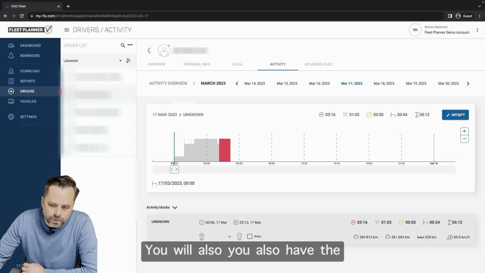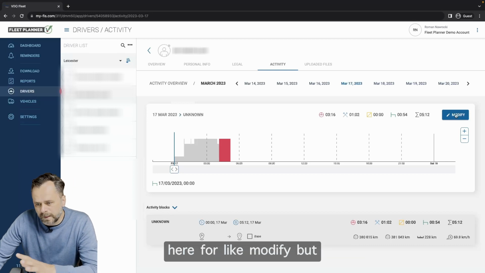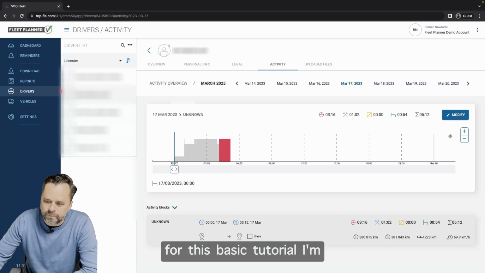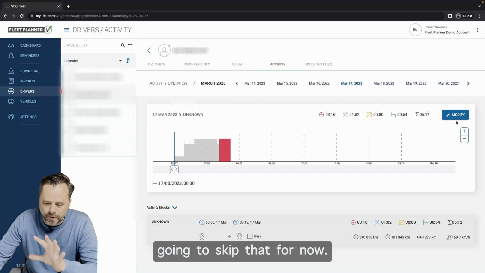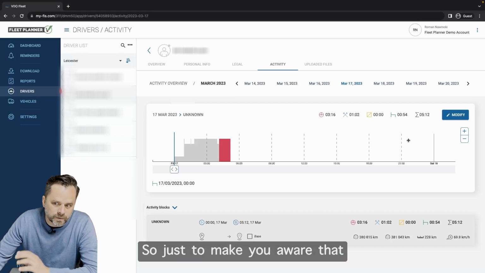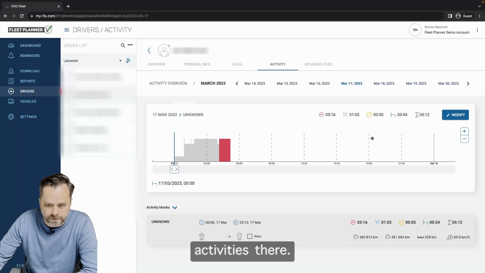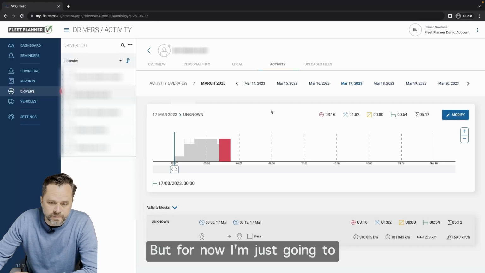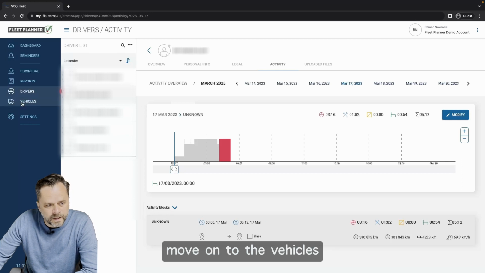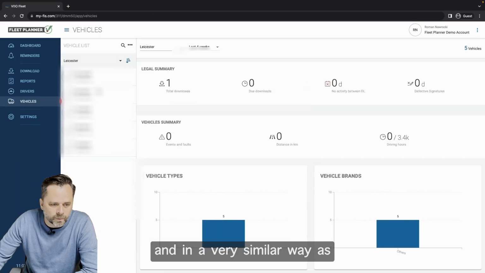You also have a number of options here, like modify, but for this basic tutorial, I'm going to skip that for now. So just to make you aware that there is an option here that you can add some comments and some activities there. But for now, I'm just going to move on to the vehicles, and in a very similar way as the drivers,